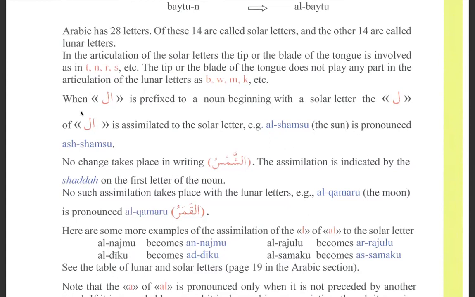Again, solar letters, when they come after the alif lam, whenever pronouncing it, you skip the lam. You don't pronounce it. The lam becomes silent and you go straight to the solar letter. Ar-Rahman. You went straight to the ra. Wash-shamsi wa-duhaha. Wash-shamsi, you went straight to the sheen. Wa-dhariyati dharwa. You went straight to the dhal. You bypassed the lam.